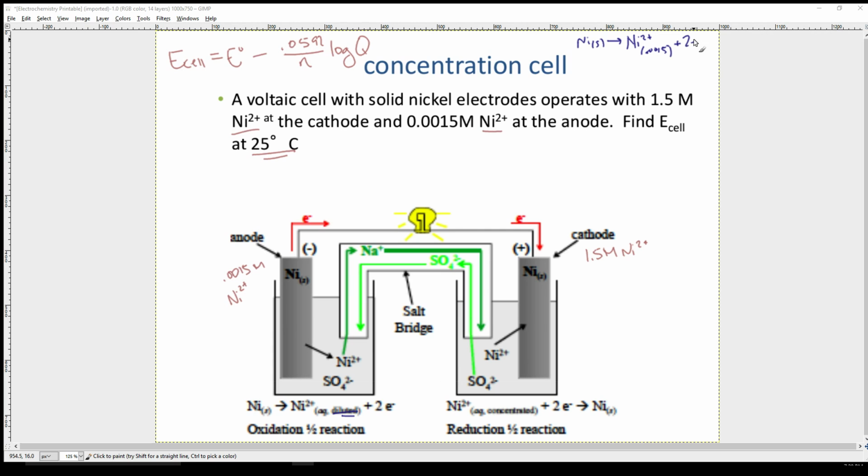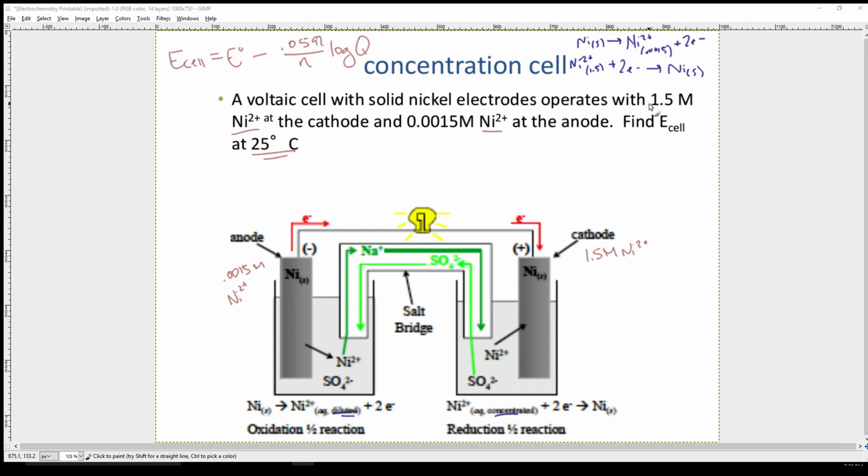Plus 2 electrons. And then the other one is nickel 2 plus, but this one is the concentrated one, which is 1.5 molarity. That plus 2 electrons reacts to form